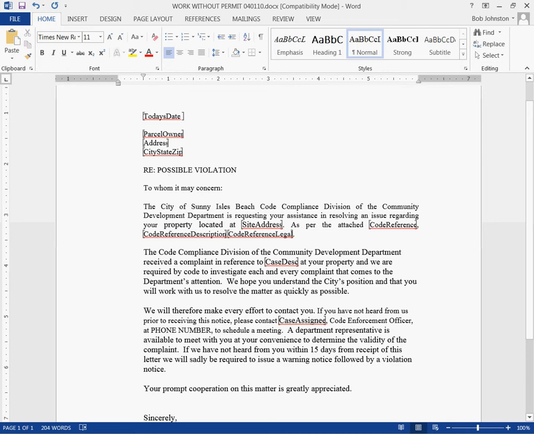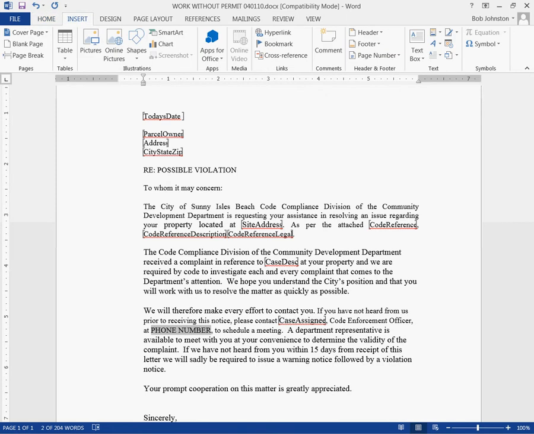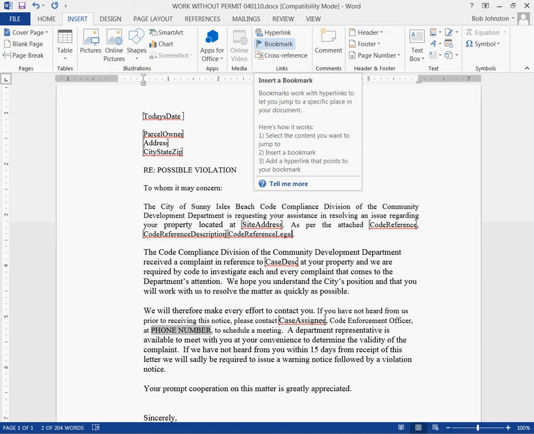In this case, I've got parcel owner, address, city, state, zip, the site address, the case description, and who it's assigned to. But in addition to that, I'd like to put their phone number in here. So I'm going to highlight the phone number, then go to the Insert tab of the Word tool and select the bookmark